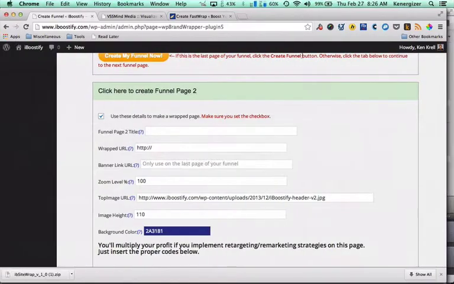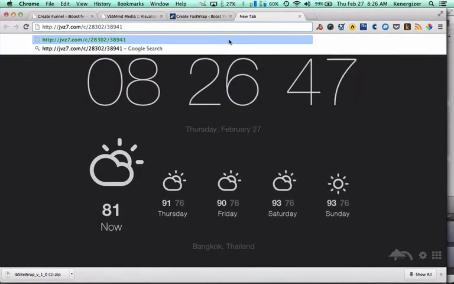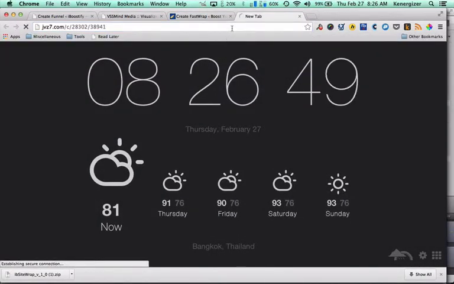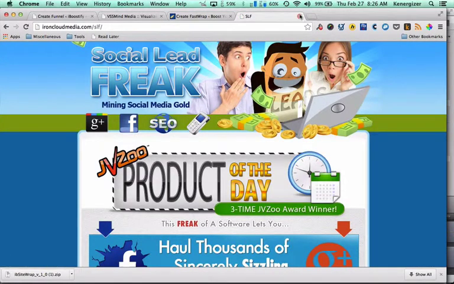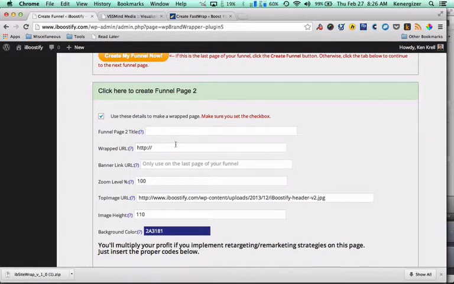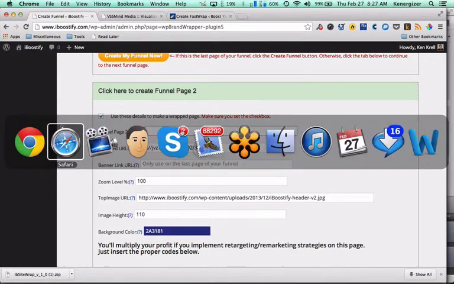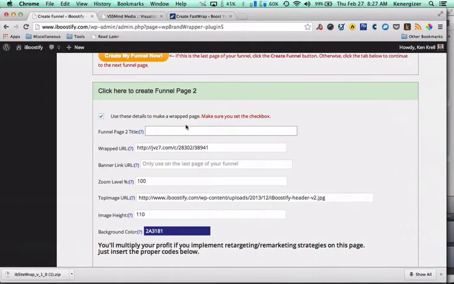Let's go back to our page. Let's go ahead and test it. Why am I doing that? Because I've made wraps and found out that the offer was no longer available, or the link didn't work or whatever, and that was sort of a waste of my time. So I'm going to put the wrapped URL right here. I forgot what the product was again. Social Lead Freak Lite. Okay, so wrap